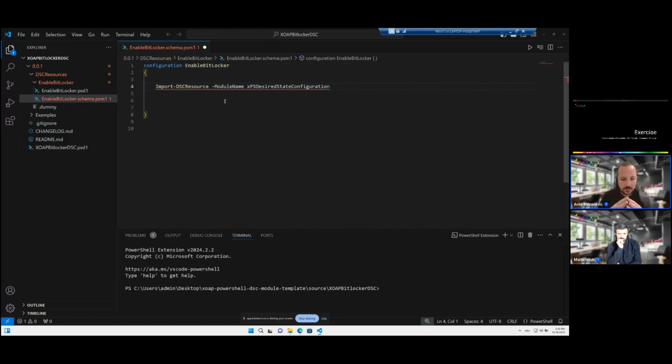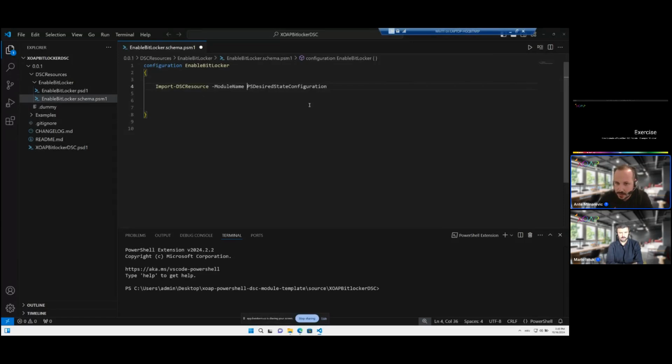In a composite resource, you can combine multiple resources from other modules to create your own, to combine them to create a list, for example, to create a new virtual machine, to create a configuration, install needed features for virtualization or whatever. And basically, the most basic module which we use is PSDesiredStateConfiguration, directly provided by